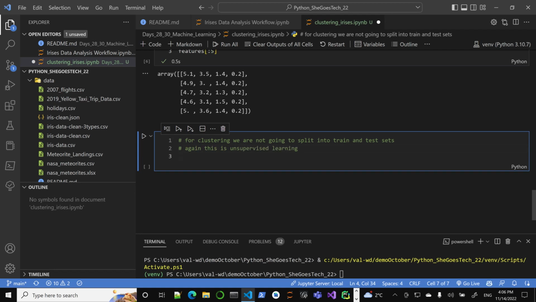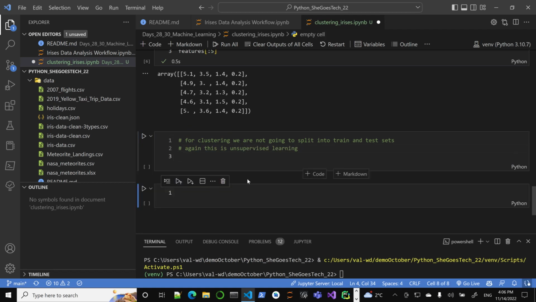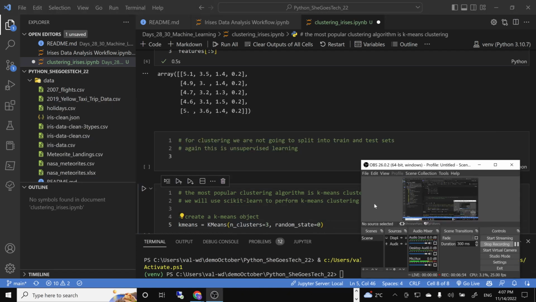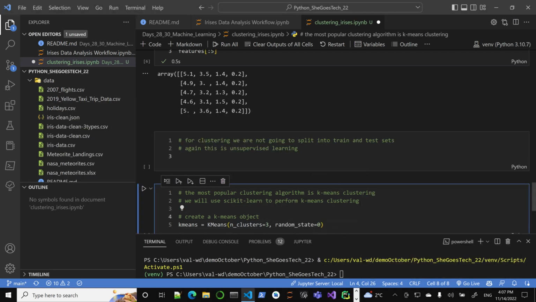All right, so now we need to build the model. The most popular clustering algorithm is k-means clustering, so we'll use it. We create the model, the k-means object, and we'll do the elbow later. The only trick, which we'll talk about in a moment, is that we are using number of clusters 3. So we cheat a little bit,